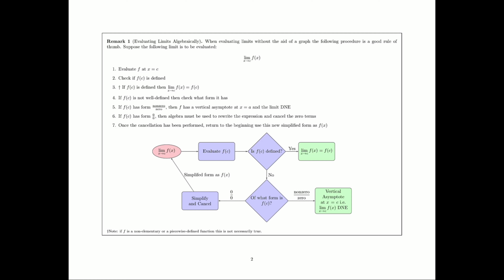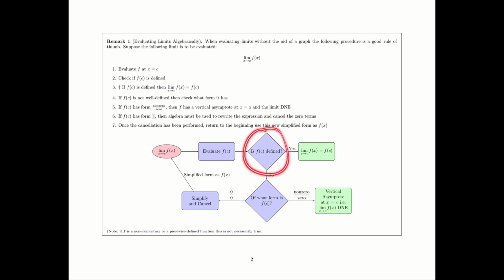Right, so here is a visual representation of the algorithm, which can be useful. So if you are presented with this limit, the first thing you want to do is to evaluate the expression, in this case we're naming that expression f, plug in x equals c, because that's the limit value. So we go ahead and evaluate f at x equals c, and then we are going to